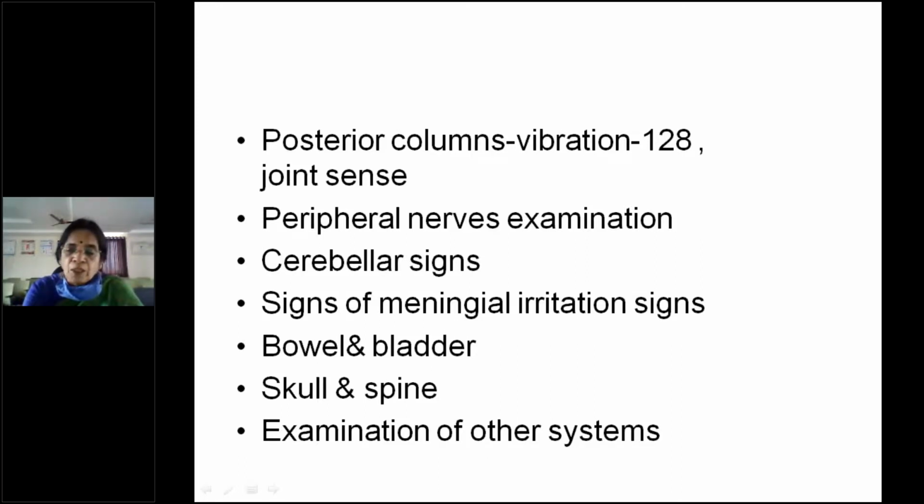So he may come with a neurological deficit after a few months or years. Then if you palpate the skull, you may find the depressed fracture, or mental changes are there, so you can attribute them to the injury. Or if there are any tumors, secondaries may be there in the skull. So you may be able to palpate the